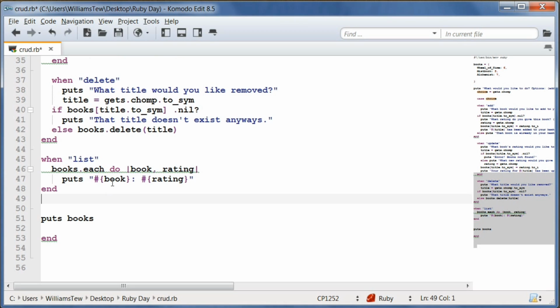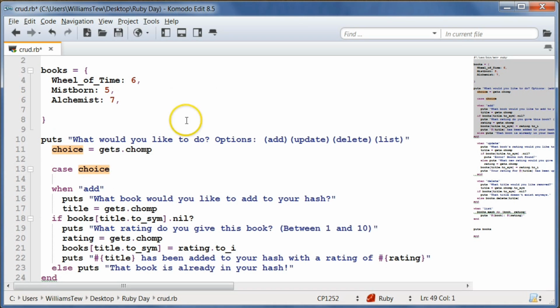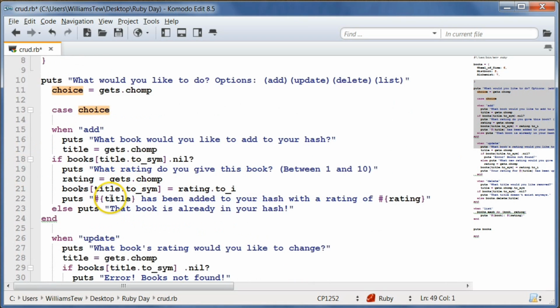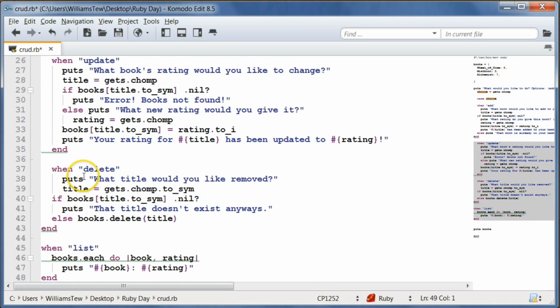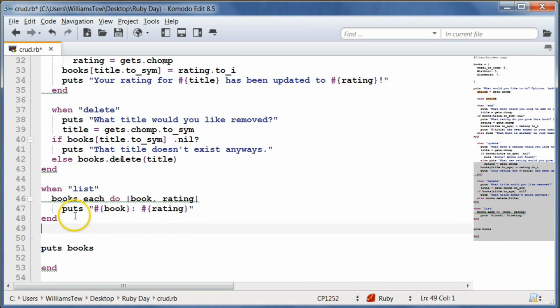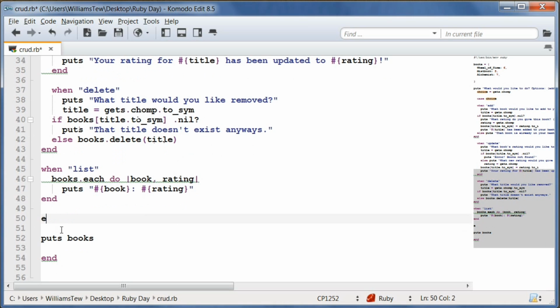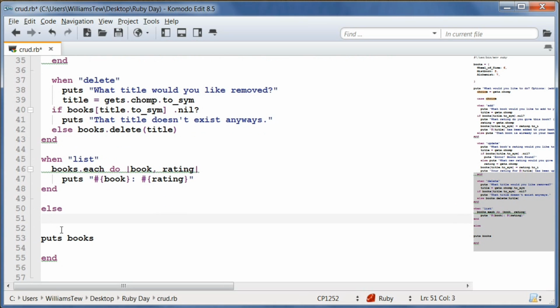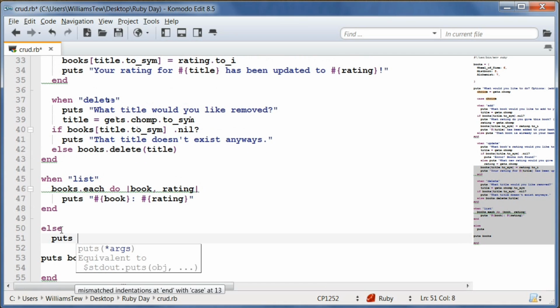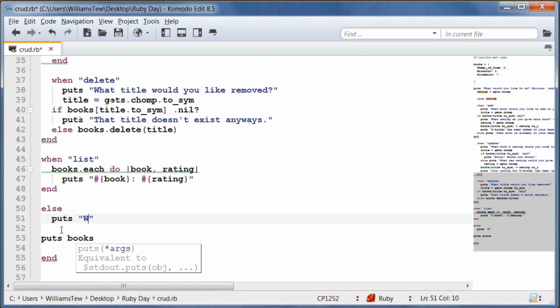So we have 4 options. If the user does not put in one of our 4 options, like add or update, delete, or list, we need this to do something because we have a case statement, when. But what about when it's none of those 4 things? So what we need to do is create an else down here, and we will just have it puts anything we want, like error,